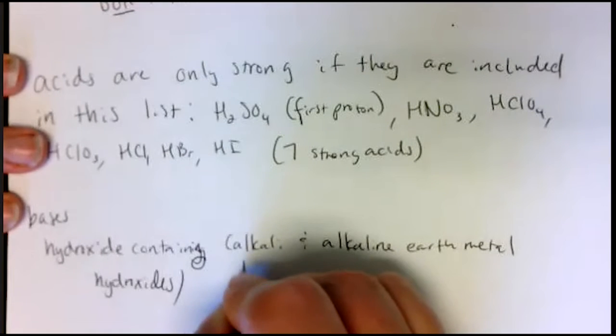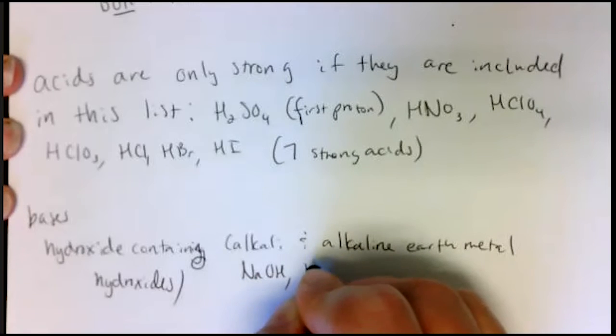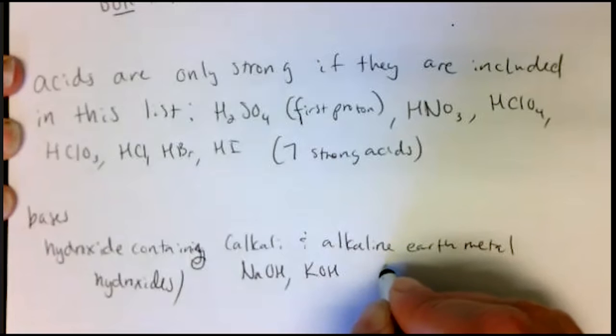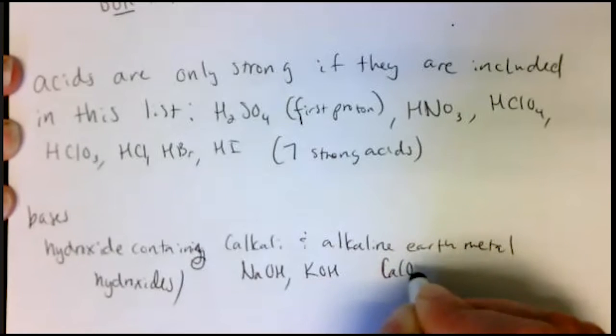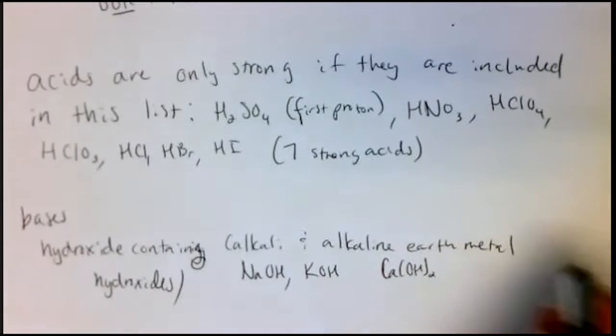So alkali, we're talking about like sodium hydroxide or potassium hydroxide. Alkaline earth, we're talking about stuff like calcium hydroxide,